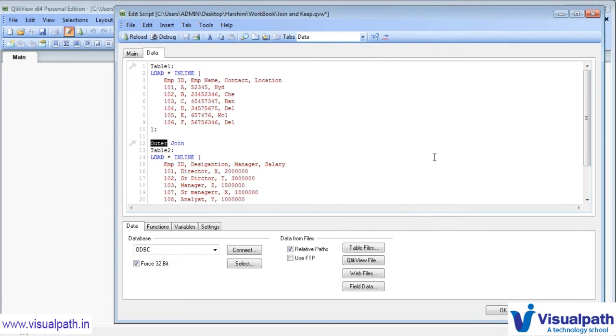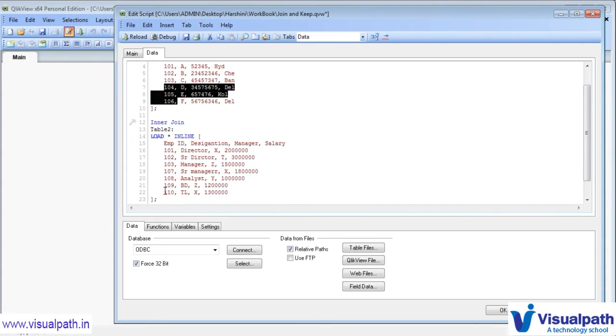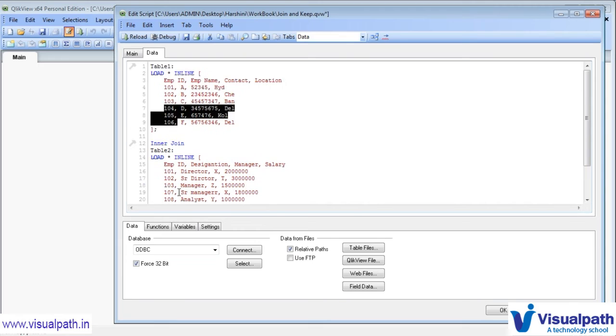If I keep inner join, it will store only the common data between table 1 and table 2. Who are the common people? 101, 102, 103 are the common people between table 1 and table 2. 104, 105, 106 are not present in table 2, and 107 to 110 are also not present in table 1.